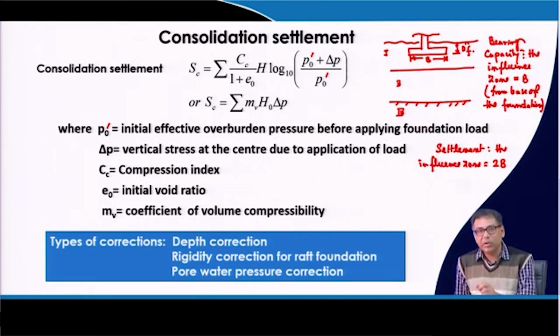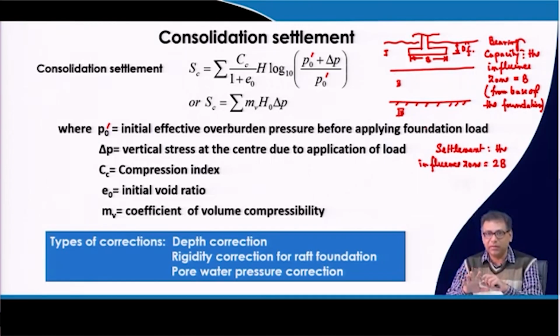Then you do not consider the third layer's contribution, because it is a very rigid strata, so it is expected there will be no settlement, or a very insignificant, negligible amount of settlement. In such a case your influence zone will be up to the rigid strata, that means